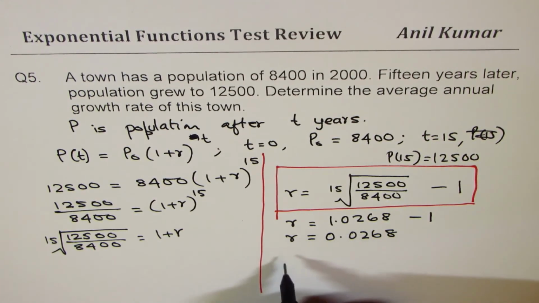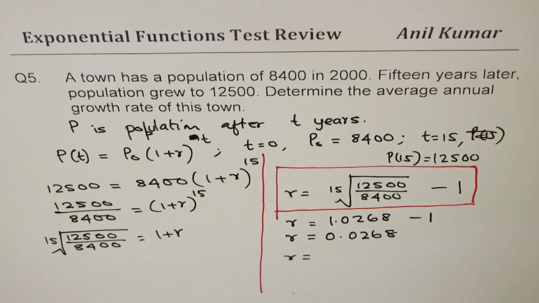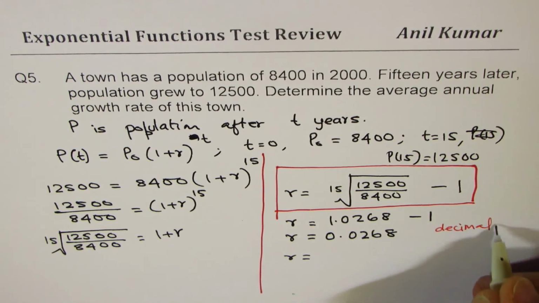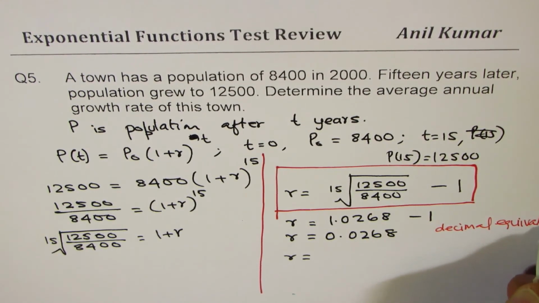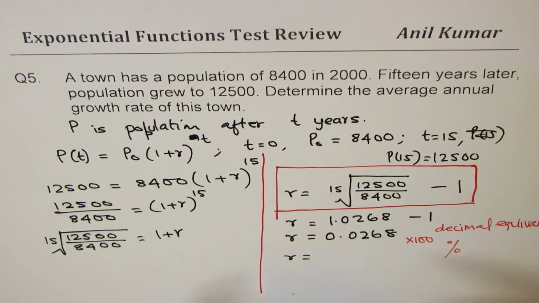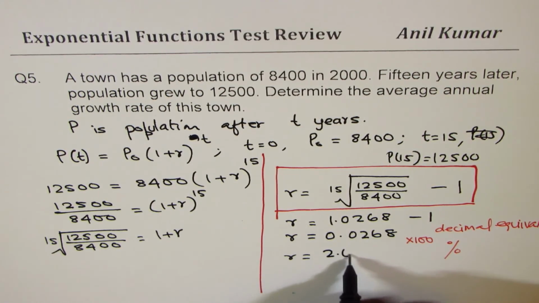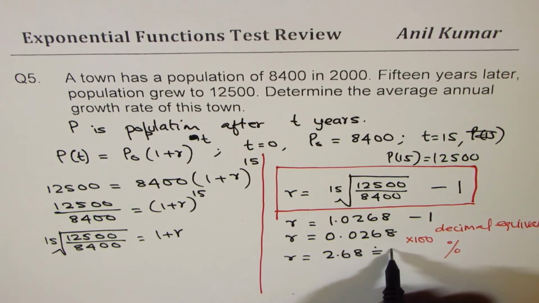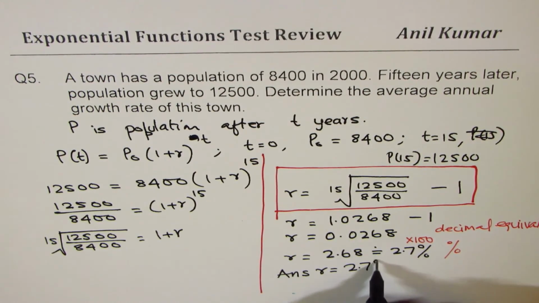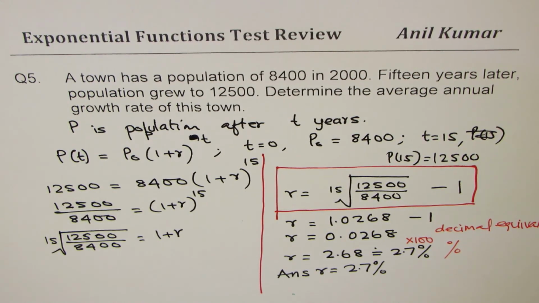In percent, you can multiply by 100, right? So when you times this by 100, you get 2.68, or you can say 2.7%. Does that make sense to you? So our answer is the rate of growth is 2.7%. So I hope you understand and appreciate what we have done and how we selected these 5 beautiful questions